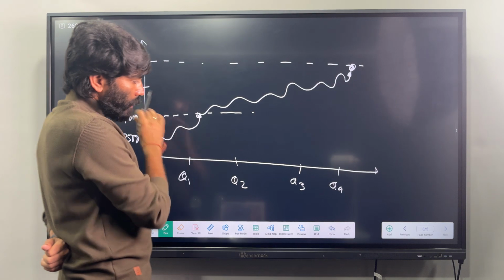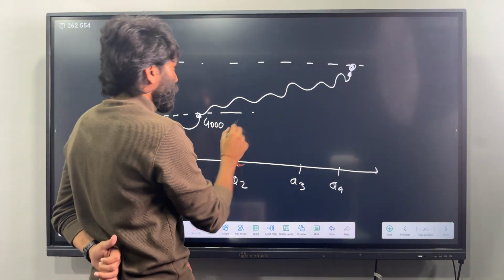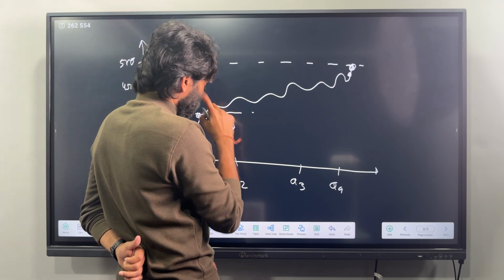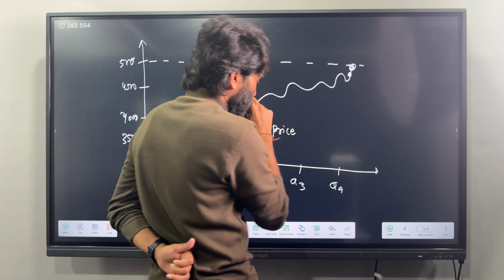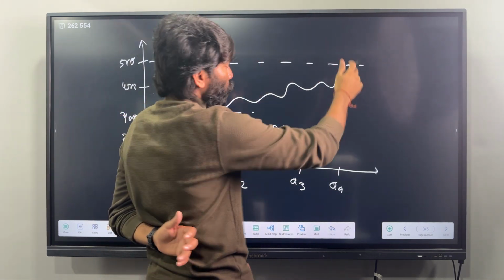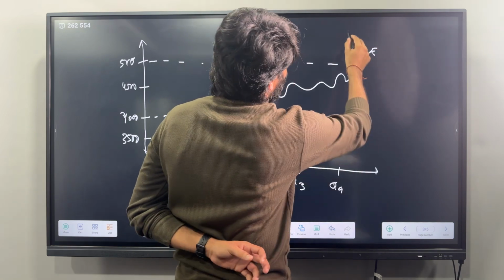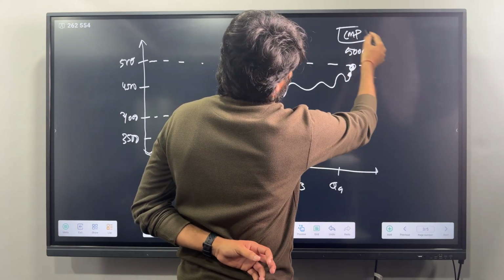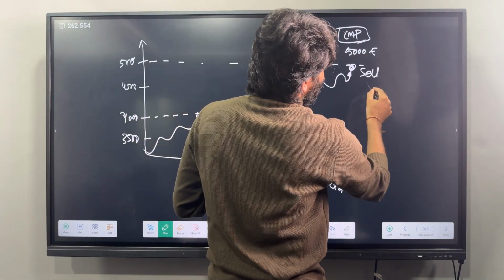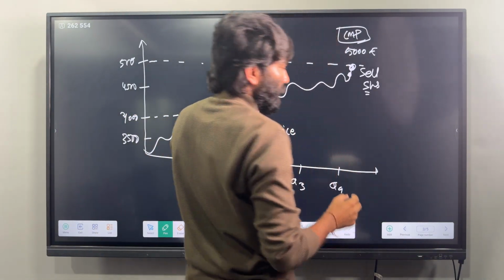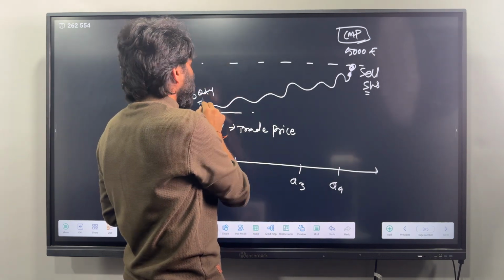So if you see, the trade was placed at 4,000. This was the trade price. And now at the end of this particular quarter, let's say quarter 4, the stock price has reached 5,000, which is your current market price, right? If this particular trader, let's say, sells this security, the assumption is selling shares at this price, let's calculate the profit, because the total quantity purchased was 10 quantities on